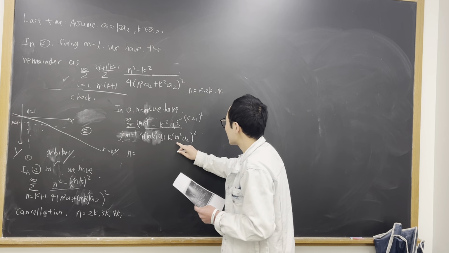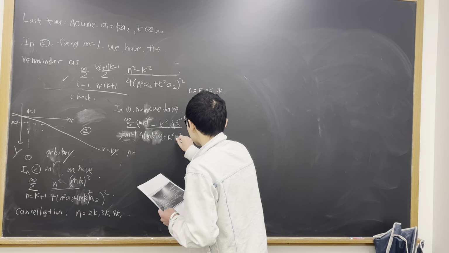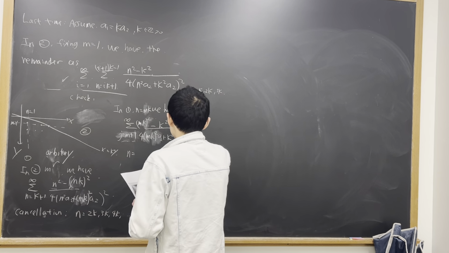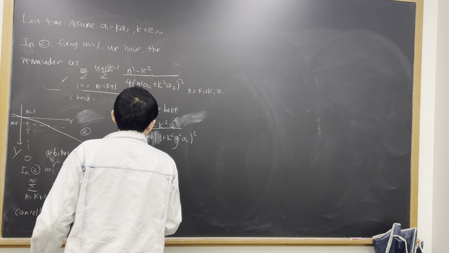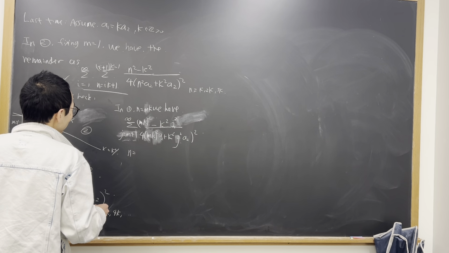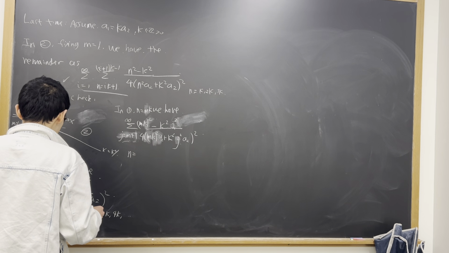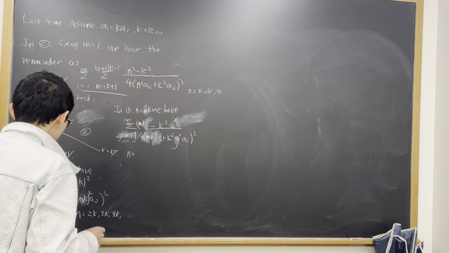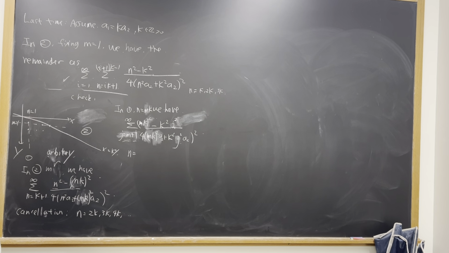And then this guy is j squared. And then here the cancellation happens at exactly